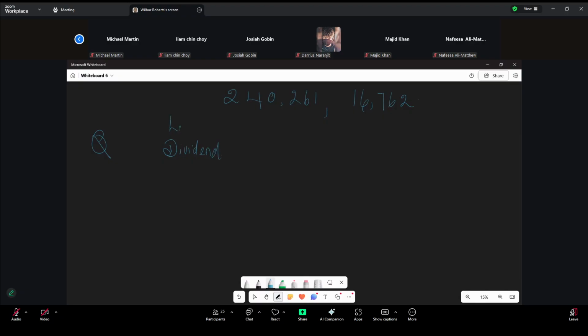The dividend is a larger number. We had the divisor here, the smaller number, and then here what we had? We had the remainder here,